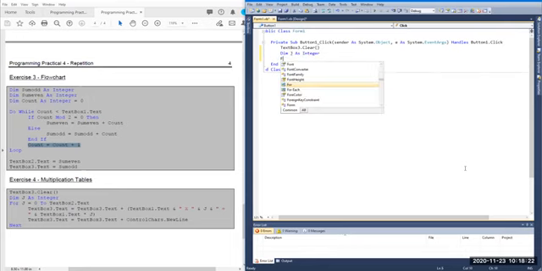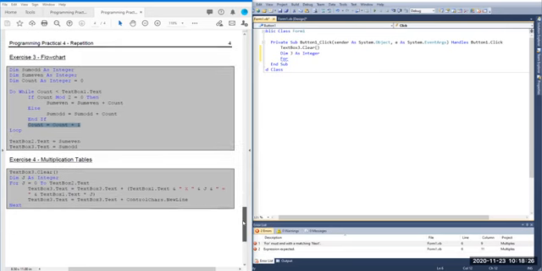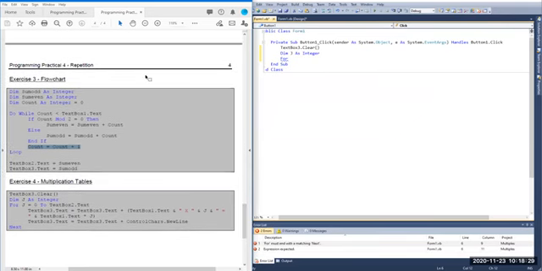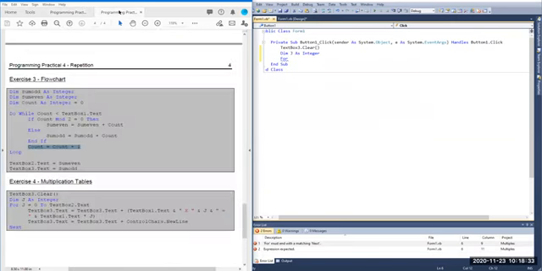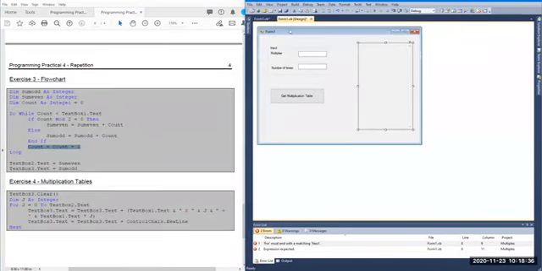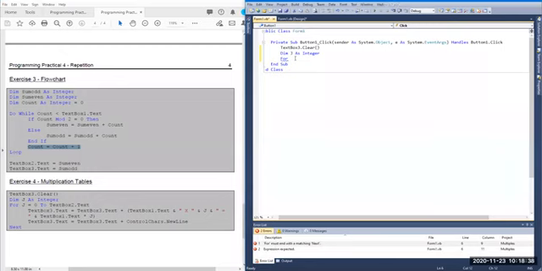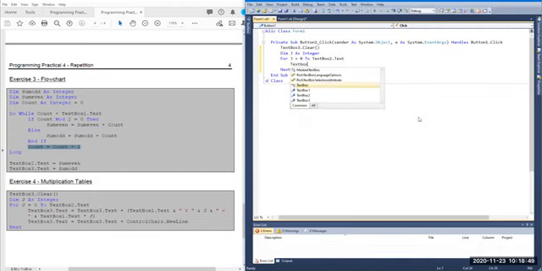And then we use a for loop structure: for J equal to 0 to whatever the user enters into text box 2, do the following: text box 3 dot text equal to text box 3 dot text